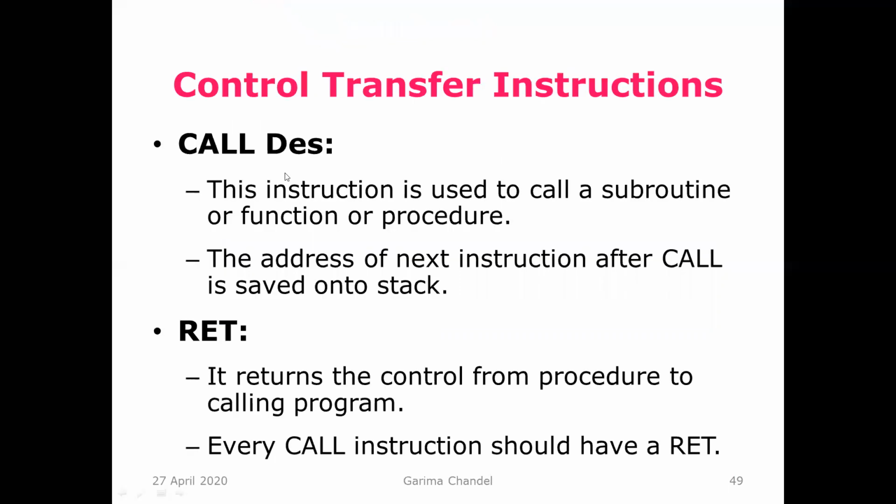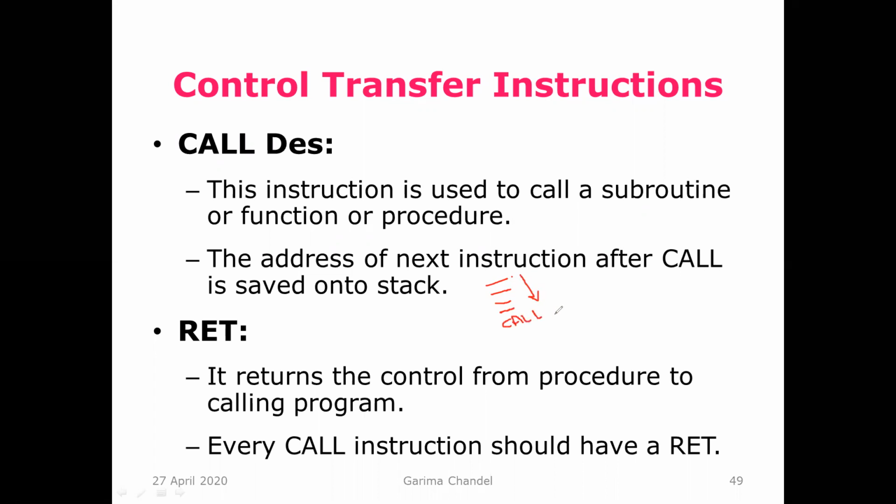The call instruction is used to call a subroutine. I have already explained this earlier in many classes. For example, we know that a program is written as a sequence of instructions in consecutive memory locations. Suppose we are executing these instructions and suddenly a call comes.